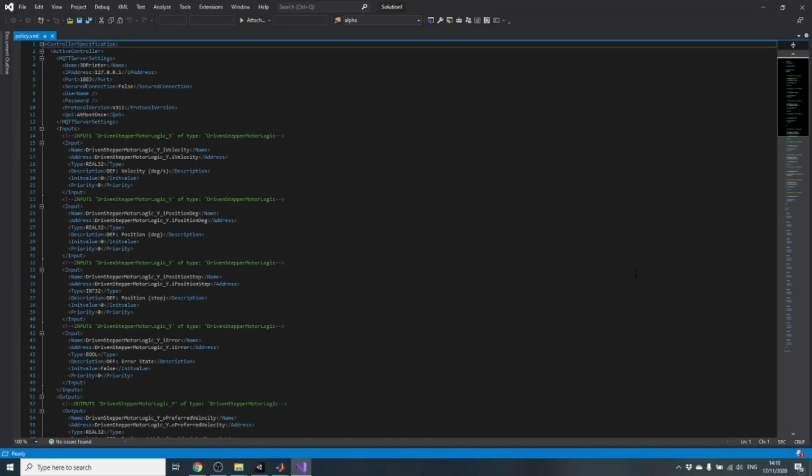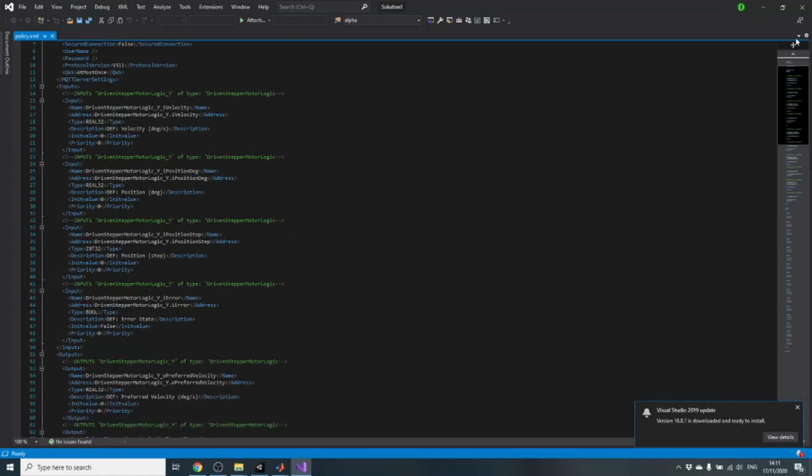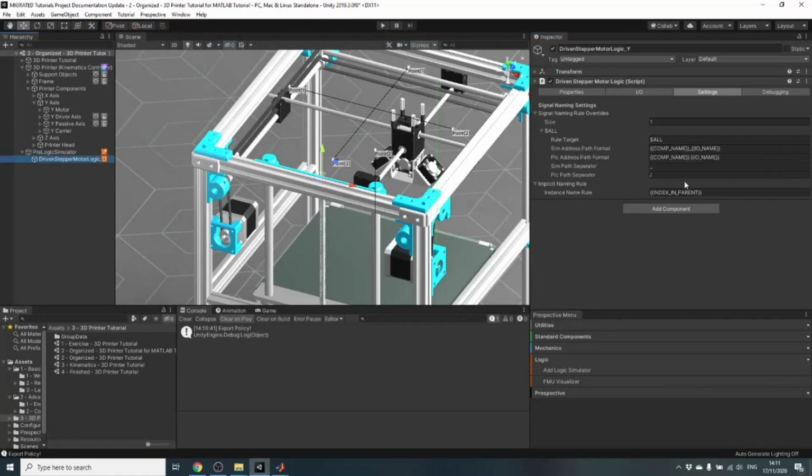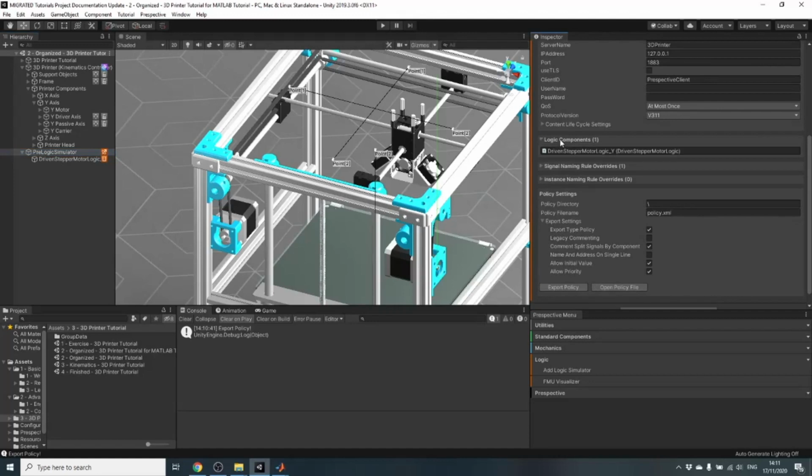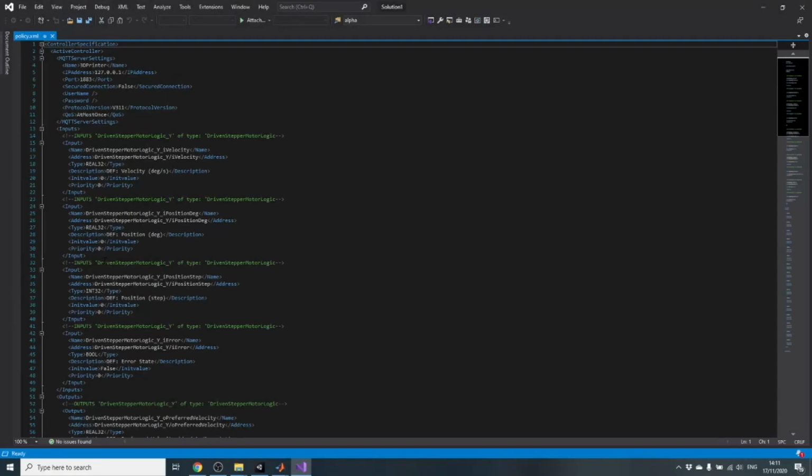So what I want to do is send values of the motor from MQTT to Prespective, and then I want to get the position of the y-axis from Prespective onto MQTT. So if you see here, this is how it is defined. Oh, there's a dot here. You need to change that here. And then we export the policy again. And we open the policy file. Yes, now